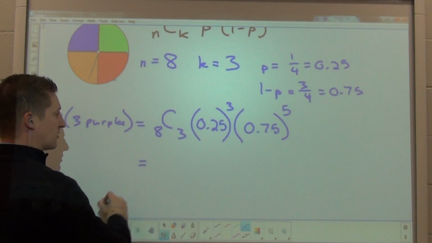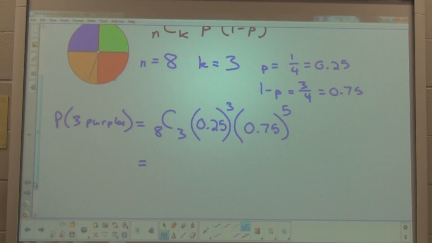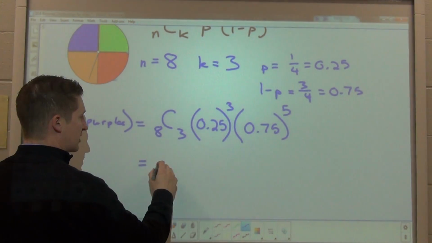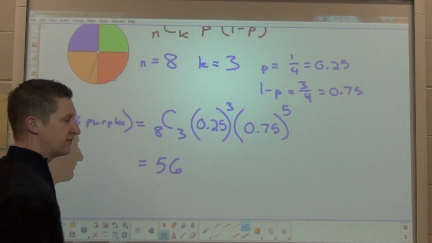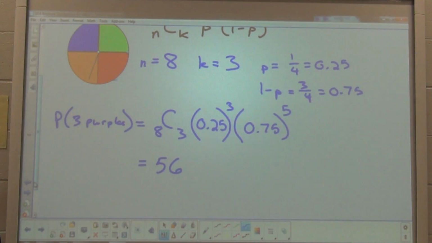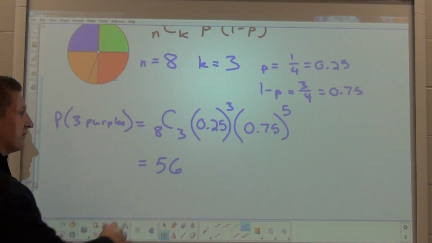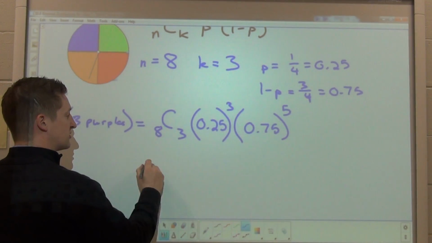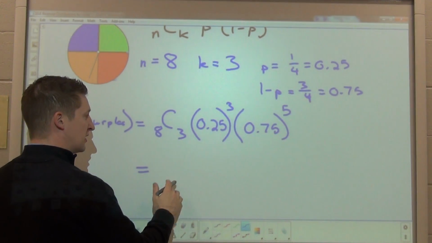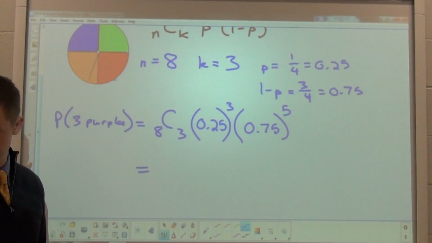I evaluate all of these expressions on my calculator. I take 8C3 and I get 56. 0.25 cubed is going to be 1/64, and 3/4 to the 5th. You know what? Forget about it. You're probably just going to type this whole thing in all at once. Again, as long as you're careful, or if you type them in separately, the answer you're going to end up with in the end, as a fraction,